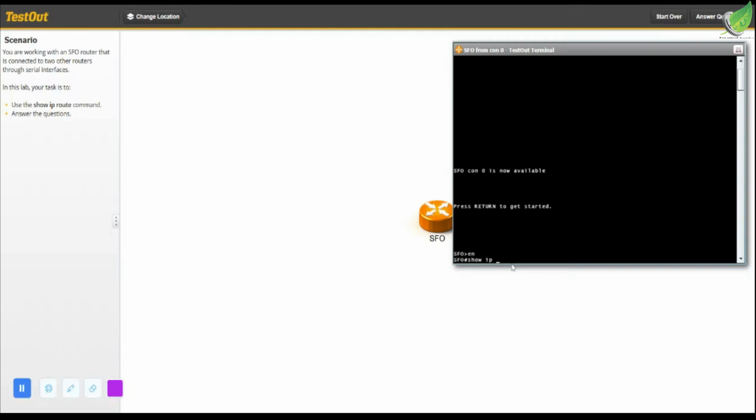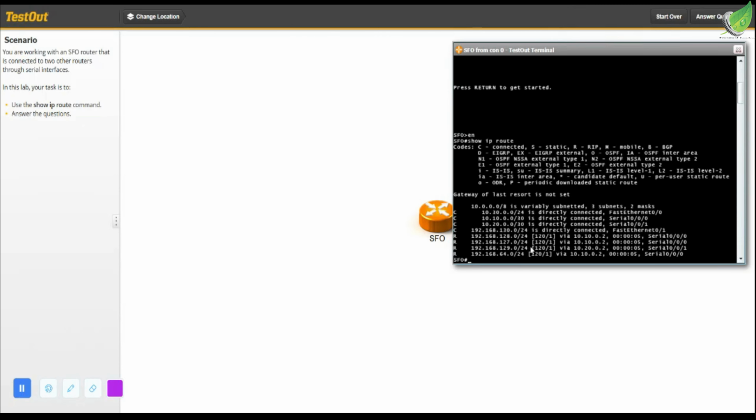So you are working with the SFO router that is connected to two other routers through serial interface. In this lab, your task is to use the show IP route command, then answer the question that follows. The SFO terminal is already up, so let's start. We're going to type in enable, followed by EN, and press enter. Then type in show IP route, press enter, and the information will show up, and we'll go ahead and answer